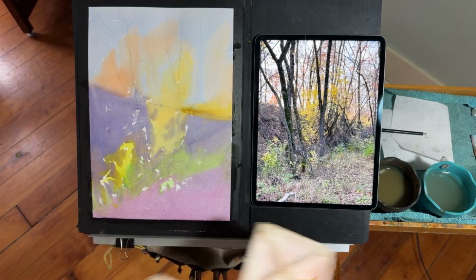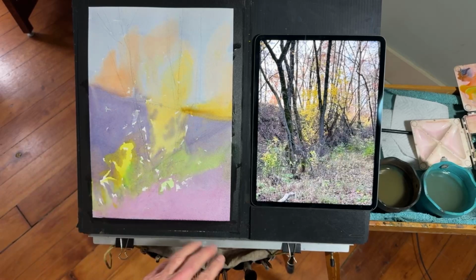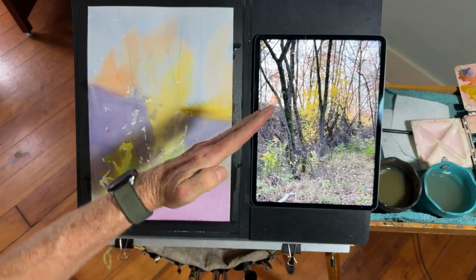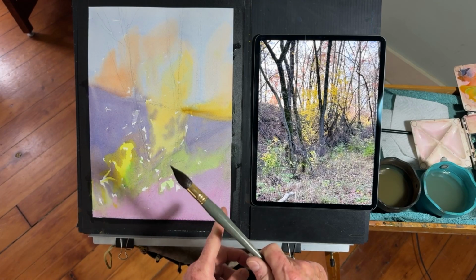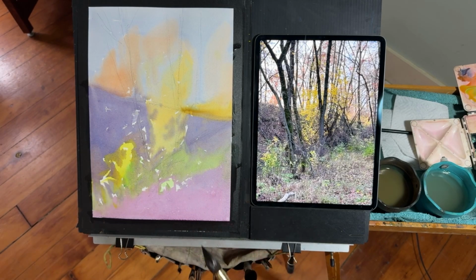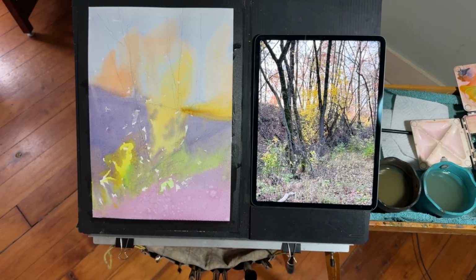I'm going to put this down. It's drier up here. It's wetter down here because this board is at about a 45-degree angle. It's a 140-pound cold press. While that's damp, I might even splatter a bit of water, and maybe you can see this, some light spots will appear, because what's happening there